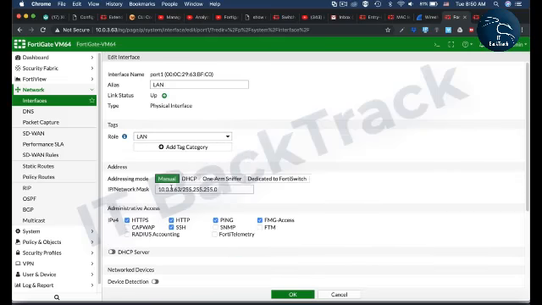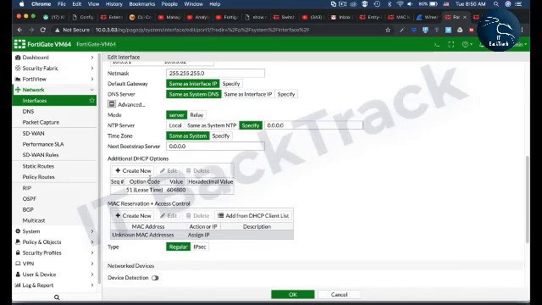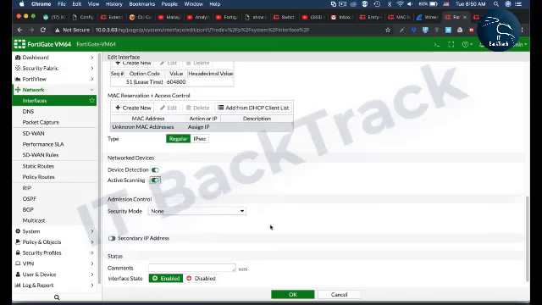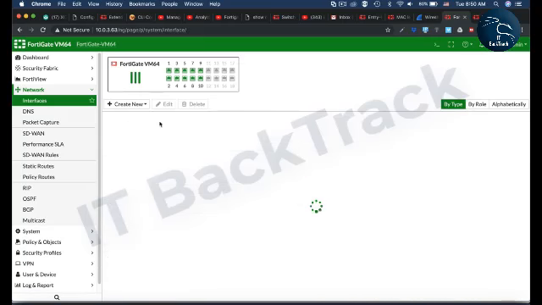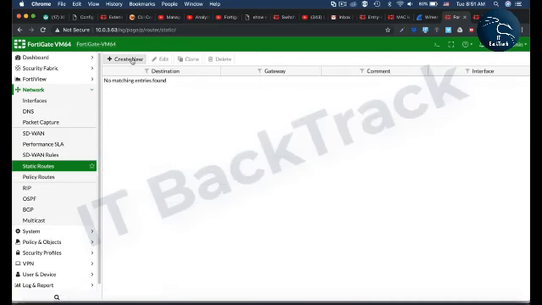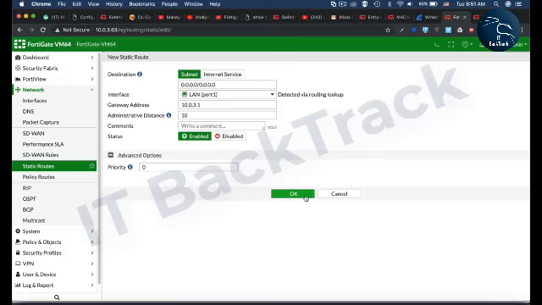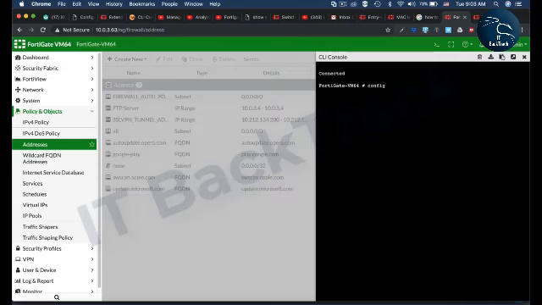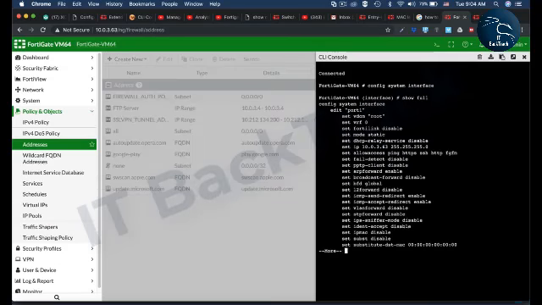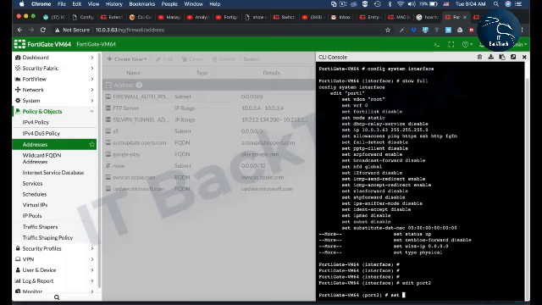Fortinet has redefined network security with its FortiGate next-generation firewall across the entire attack surface that organizations are facing today. FortiGate firewalls are rated as the best security appliances worldwide. In this course, you will learn how to consolidate advanced security and network capabilities to protect against threats and attacks,